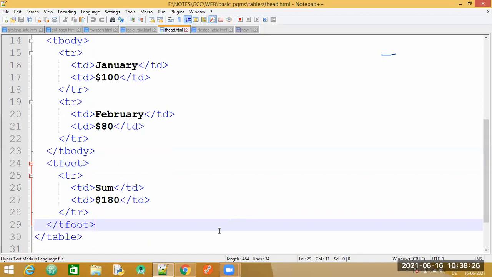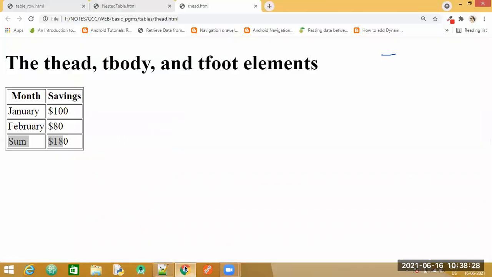Now, what is the use of this table header and this table footer? Because the output is looking pretty much the same here, right? The purpose is, whenever you have very large tables to display on the web page, and you want the heading to be fixed, you want the total to be fixed, but you can scroll the body of the table. You can have a scroll bar here. So when you want to implement such a feature, you can make use of this table header, body and footer.